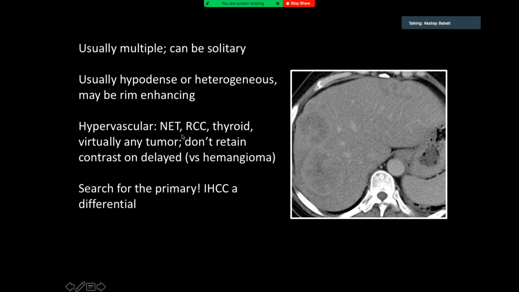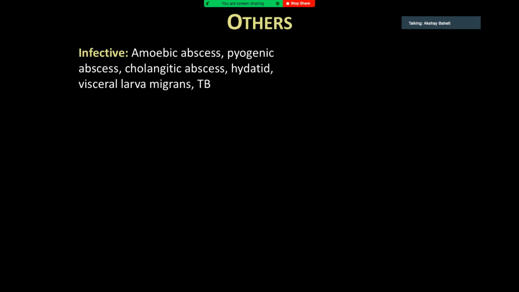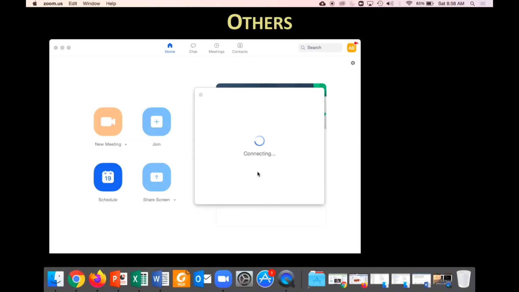And as I said, if it's a metastatic tumor and you don't see a primary, then IHCC, you saw that image, right? It can look like a metastasis, or even multifocal HCC can look like that, right? So those are differentials. And generally you will have to biopsy it, right? You don't think of following up. Generally, it's just biopsy. Okay, so these I haven't discussed, right? Abscess, generally the main thing is history. So often you will get this question: is it an abscess or is it metastasis from some pancreatic or biliary tumor, right?